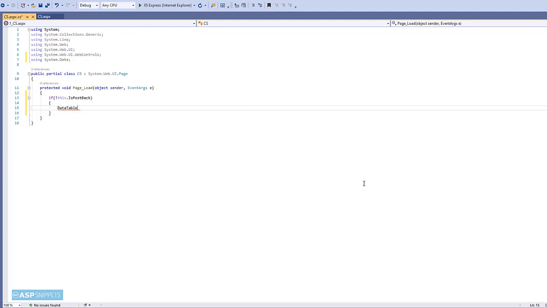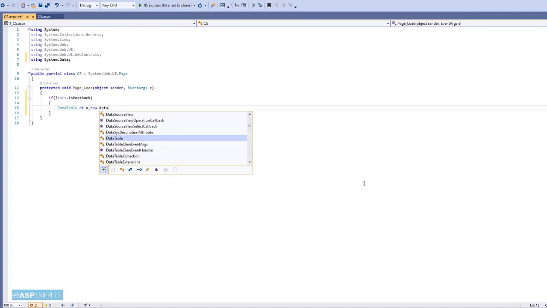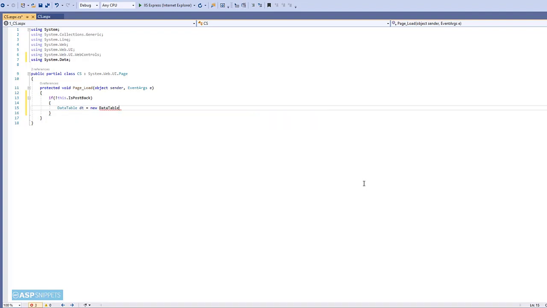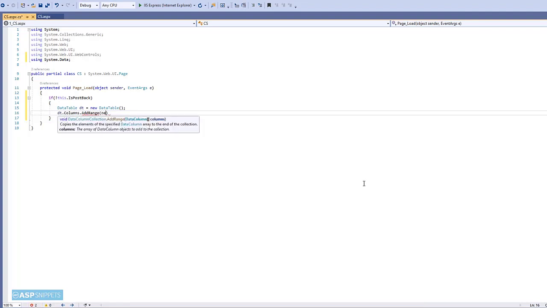Now first I am creating a DataTable object. Now I am adding columns to the DataTable. It will be the same columns that we have already defined in the GridView.